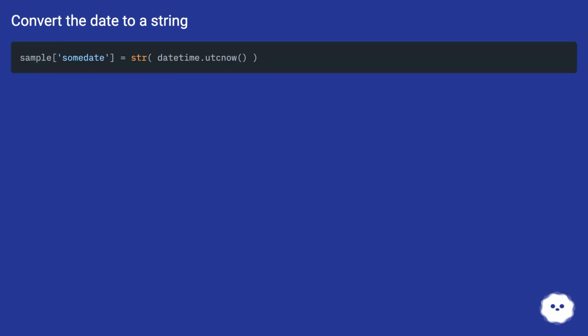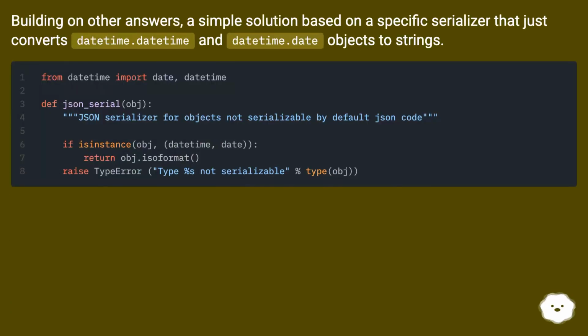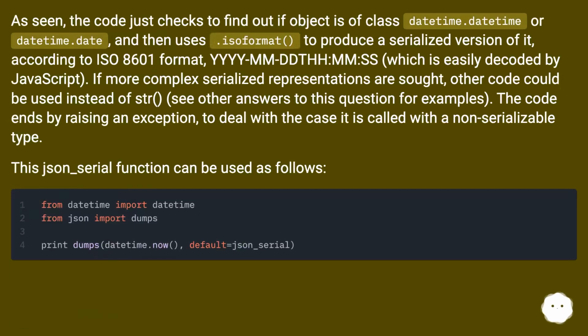Convert the date to a string. Building on other answers, a simple solution based on a specific serializer that just converts datetime.datetime and datetime.date objects to strings. As seen, the code just checks to find out if the object is of class datetime.datetime or datetime.date, and then uses .isoformat() to produce a serialized version of it, according to ISO 8601 format,